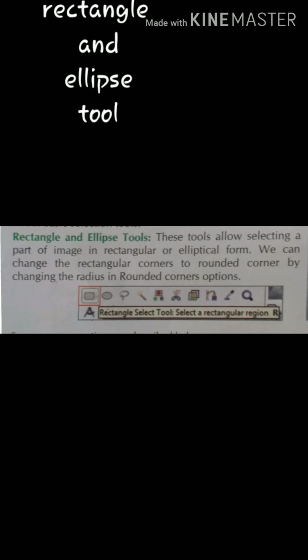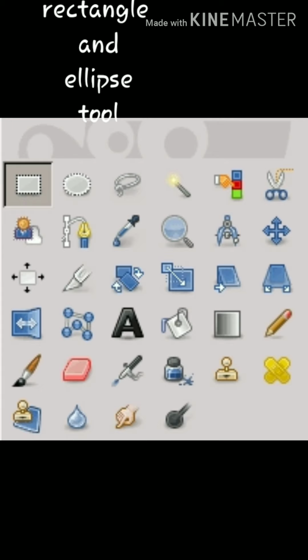You can change the rectangular corner. If you want rounded corners, you are able to change that also. When you select the rectangle tool, at that time, some different options like feather size and rounded corners will be present at the bottom. You are able to change them also.